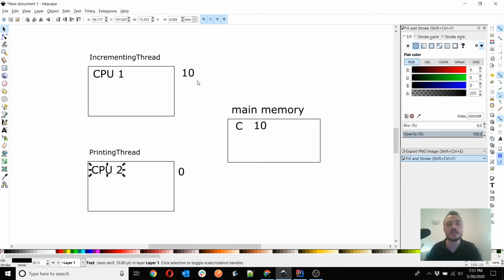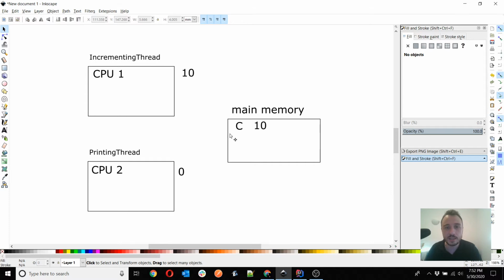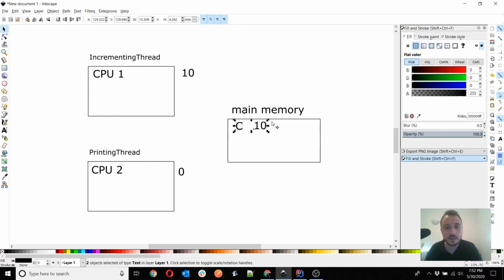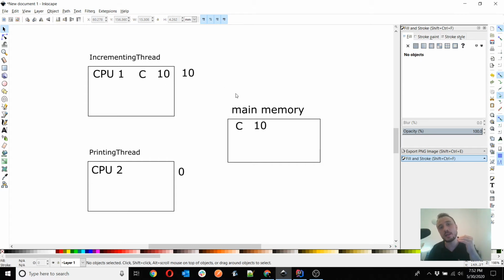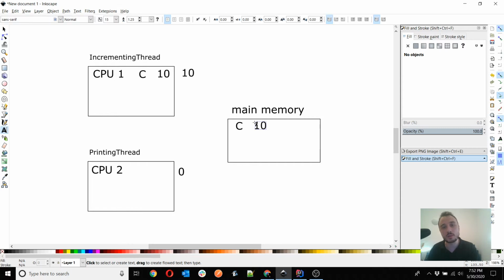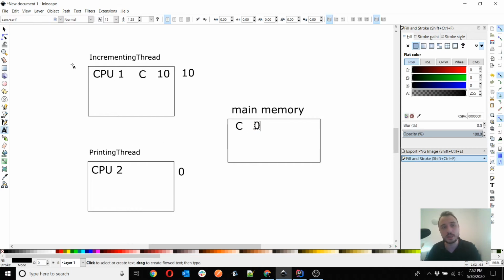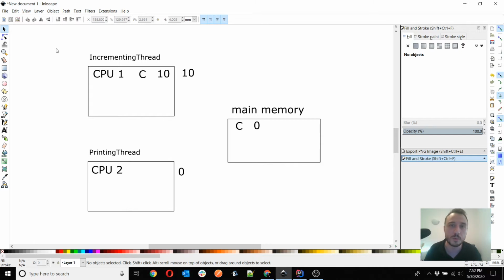And it might be that the value of C after 10 iterations is incremented only here at the CPU1 level memory and not in the main memory. So in the main memory it basically might remain 0.